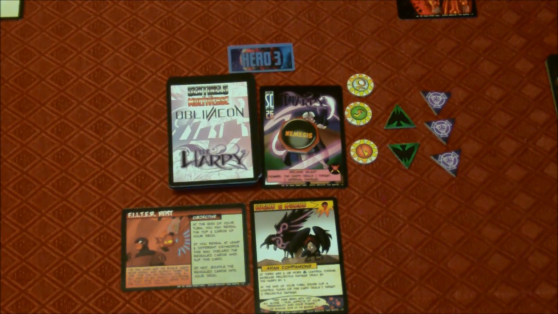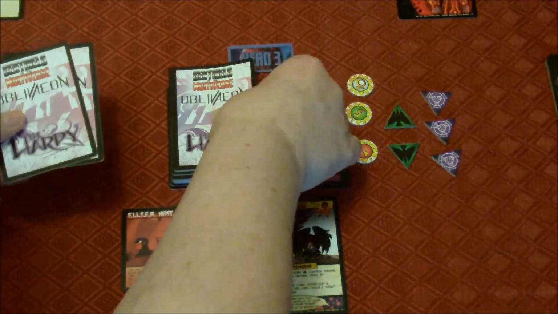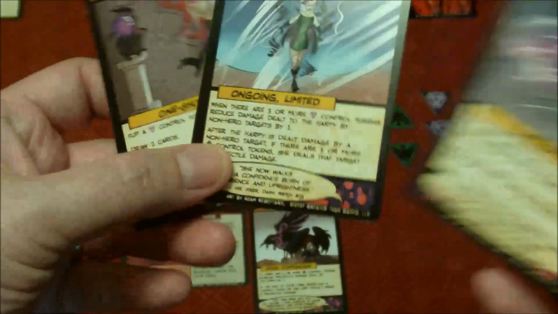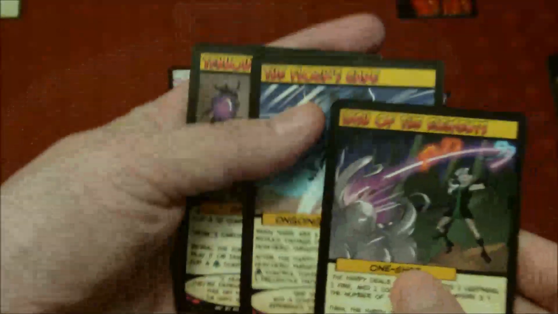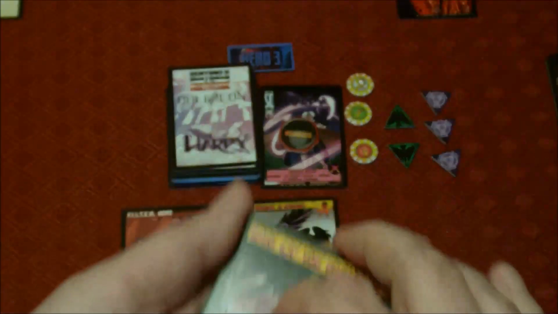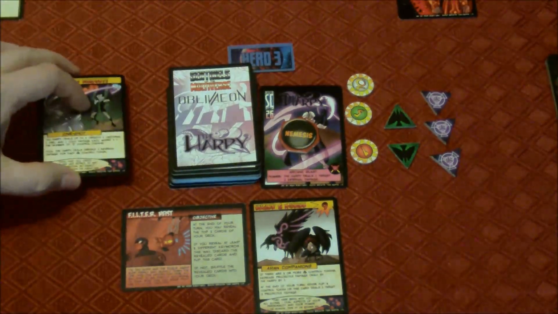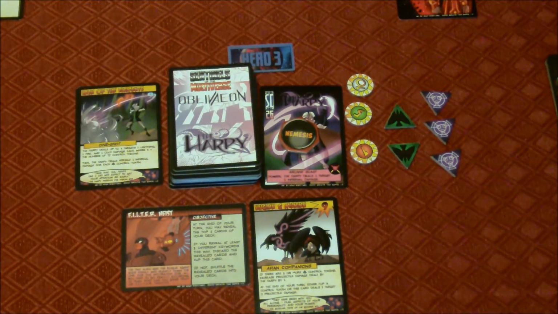Fingers crossed, we're going to try the heist. We're going to reveal the top 3 cards of our deck and hope. One shot. Yeah, okay, we have 3 different keywords: one shot, ongoing limited, and one shot again. But we have 3 right there. So, we discard them. This is going to be a twofer